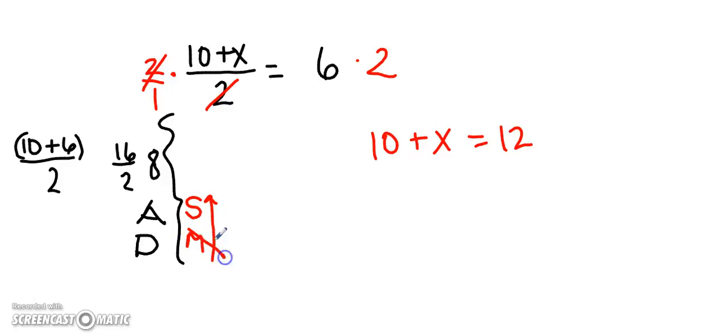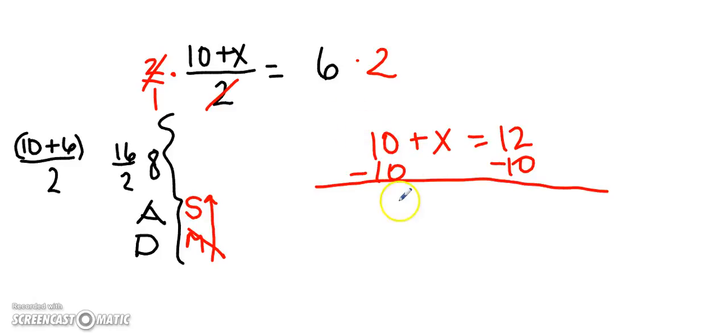So I've multiplied. Now I need to subtract. What am I going to subtract? I'm going to subtract the thing that I was adding by. And in this case, I was adding 10 to the x. So I'm going to subtract 10, and I'm going to subtract 10. Okay, 10 minus 10 is 0, so I'm just left with x, it happens to be a positive x,